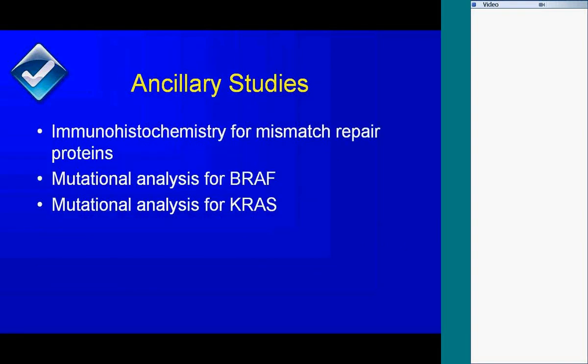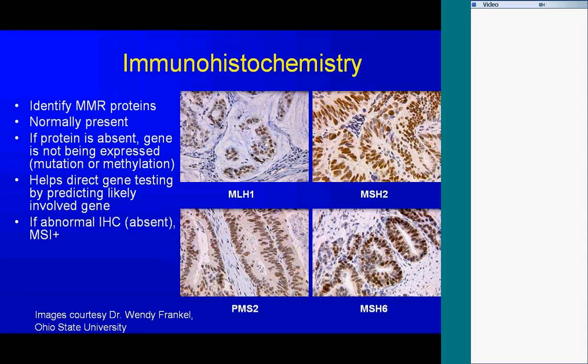The checklist also contains some optional items for ancillary studies, and these include immunohistochemistry for mismatch repair proteins, mutational analysis for BRAF, and mutational analysis for KRAS. And these are applicable in some situations, but certainly not all. You may choose to do